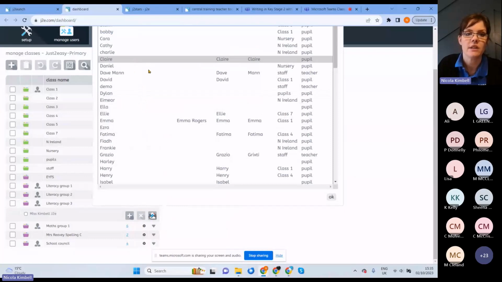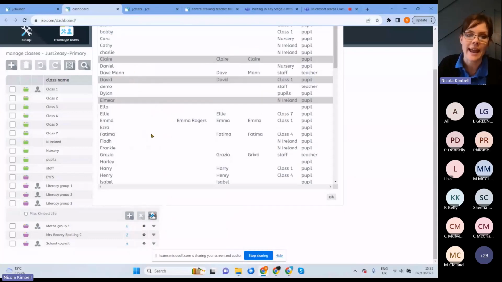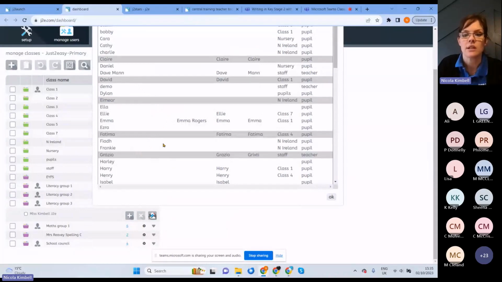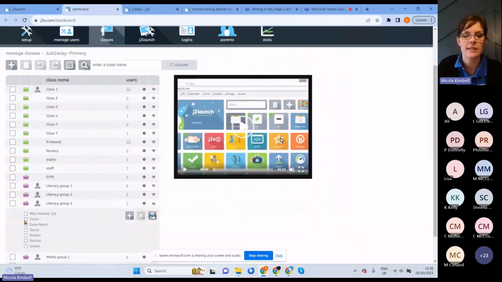And if I hold the control button, I can multi-select students. Let's put another member of staff in there. Let's put Mr. Mann in there. My mouse is being a bit funny. And when you've selected all of the pupils or all of the users you want to add, you just click OK, and that's added all of those